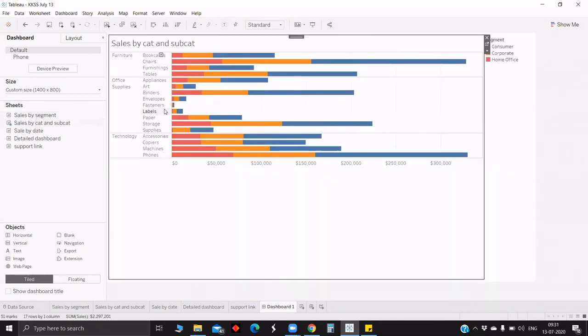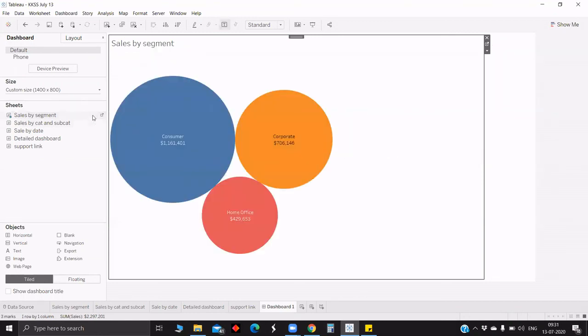In this case it may seem easy, but generally when you have a dashboard with multiple sheets, for example 5 sheets, and we don't want the orientation and position to get changed, what we can do is hover near the sales by segment, and we have the quadrant in which 2 arrows are there. Once you click that, automatically it will swap the sheet.